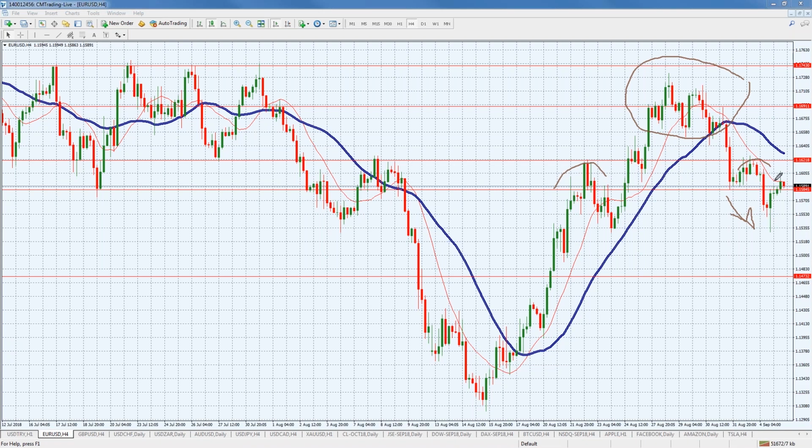If this does falter around this area, this is a previous support level, subsequent resistance level, so this may actually sell off. Now, the reason I'm a little bit bearish on the euro versus the dollar is that if we look and